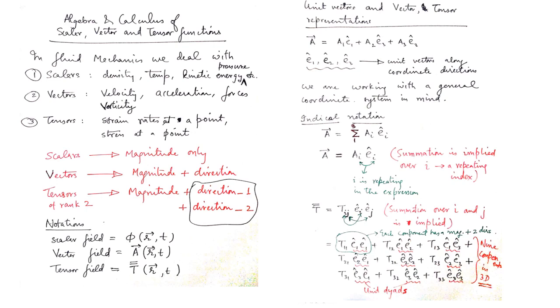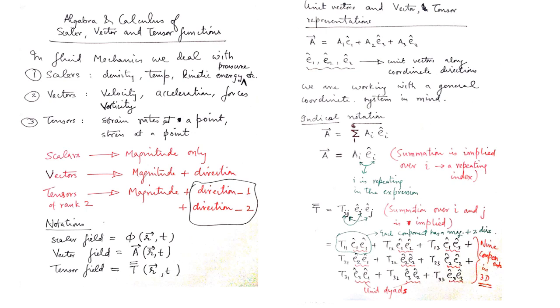It has a magnitude, but it has information of two directions. So I've written here direction 1 and direction 2. So there are inherent three things associated with a tensor of rank 2: a magnitude and two directions. Now at this point it is sufficient to just understand this much only. Later on, when we examine the stress and strain rate tensors, we will get to understand, depending on the physical quantity, the meaning of these two directions.